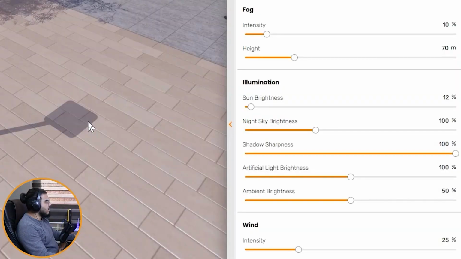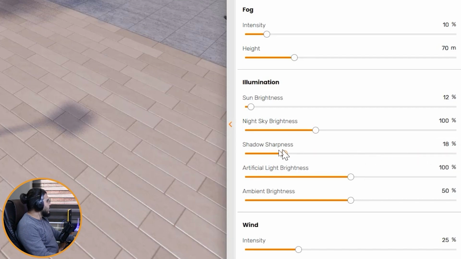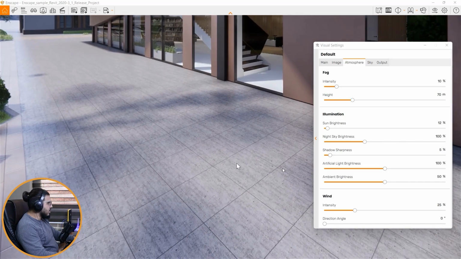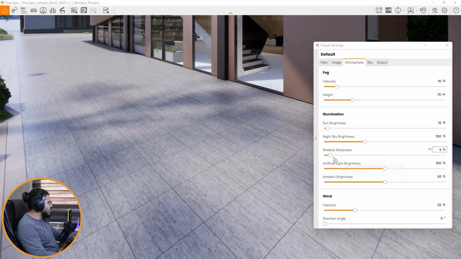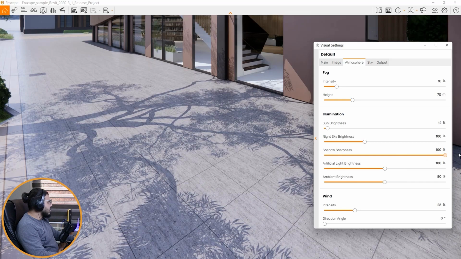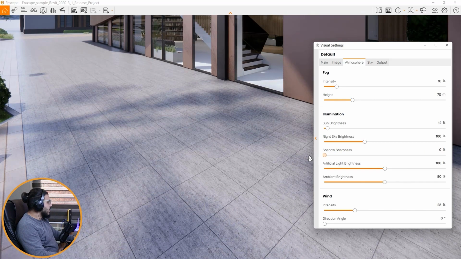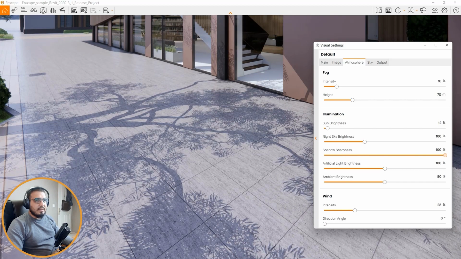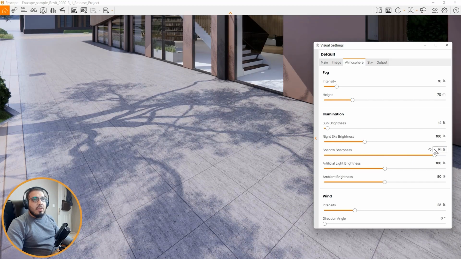Personally, or generally, if you want to have realistic shadows and realistic scenes, you have to try to have the smoothest shadows that you can get. For example, let's bring that to here, and you can see it is much more realistic in comparison with the sharp shadows. You can see the difference between these two. It will be much more realistic in some areas in here instead of something like that. It is really artificial. Okay, that's great.